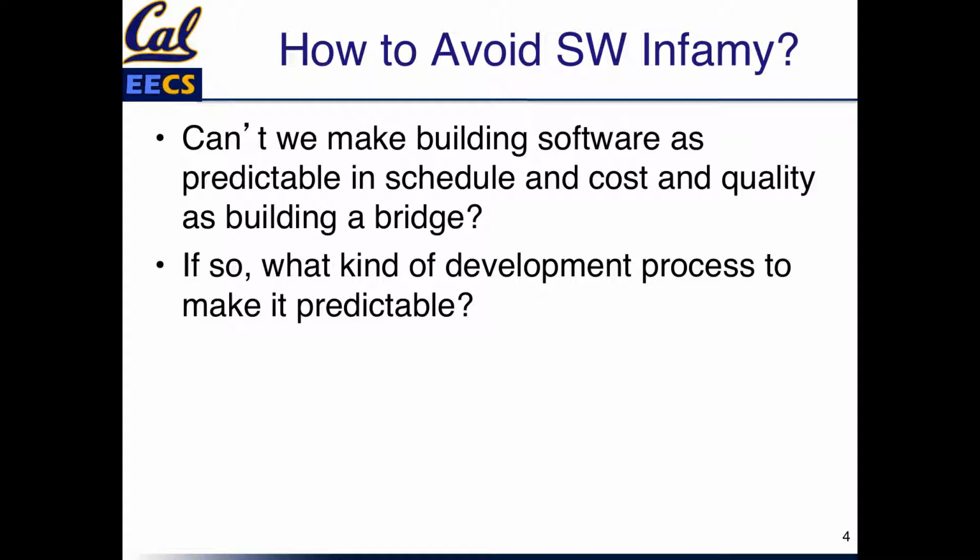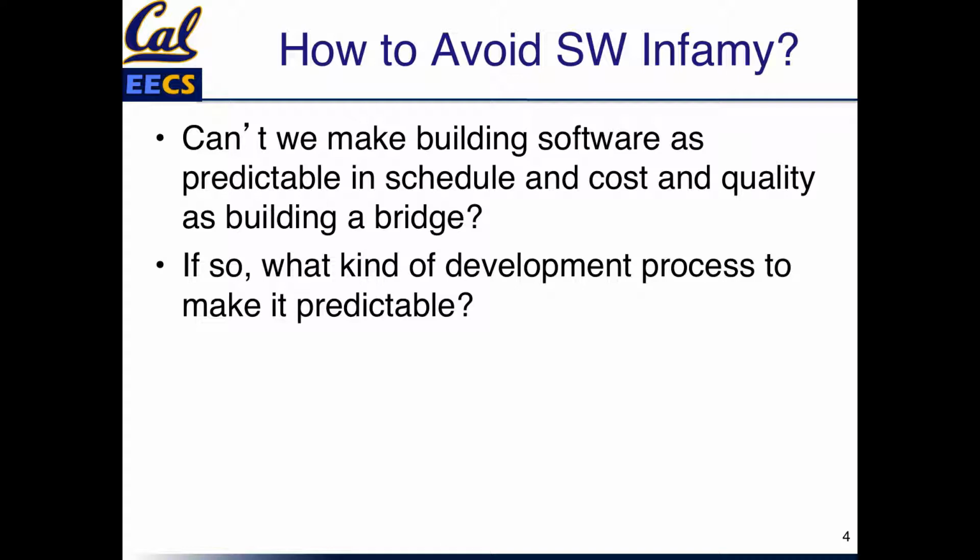And so remember from the last couple of segments that there was this infamy that you could gain by building software. It's the greatest job in the world, except, you know, you could be made fun of by your friends and neighbors. So after about 20 years of building software, they asked the question, can't we make it as predictable as building a bridge, as civil engineering? Why can't software development be as dependable as civil engineering in cost and schedule and quality? And so what would you do?